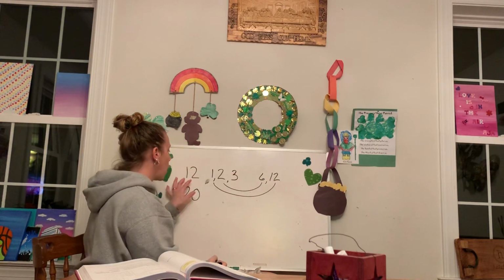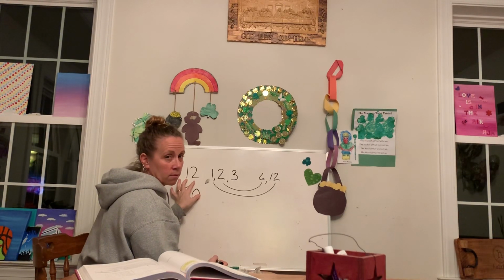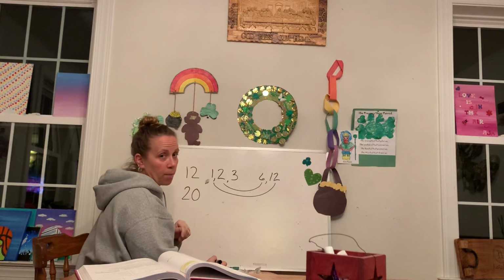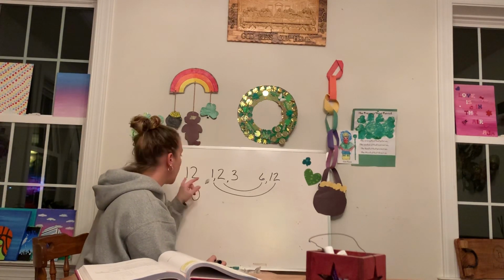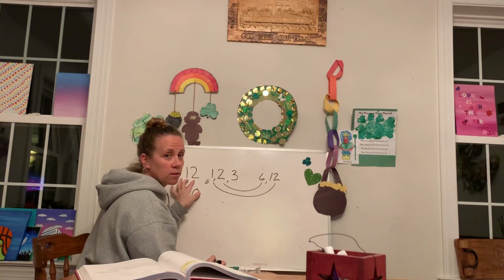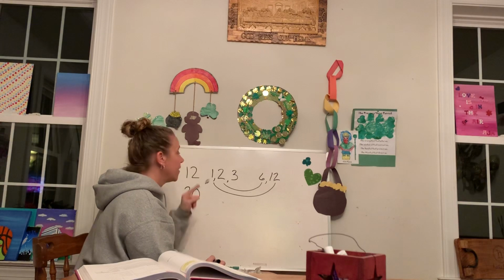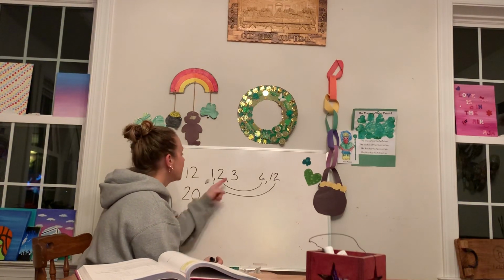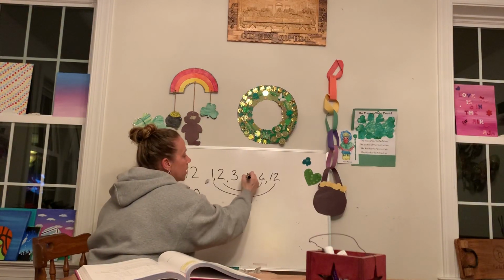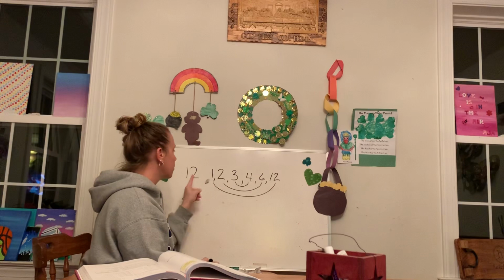3 is a factor of 12, 1 plus 2 is 3. 3 is divisible by 3, so 12 is divisible by 3. So that was that other divisibility rule that we talked about for 3s. You add the digits. If the sum of the digits is divisible by 3, then the number itself is divisible by 3, okay? So 3 and its partner is 4. So those are all the factors of 12,